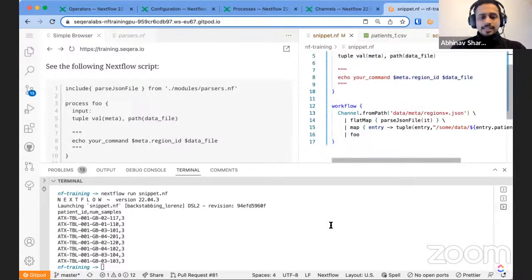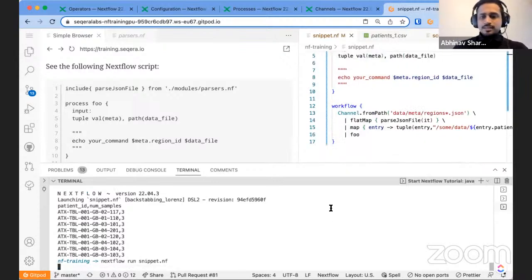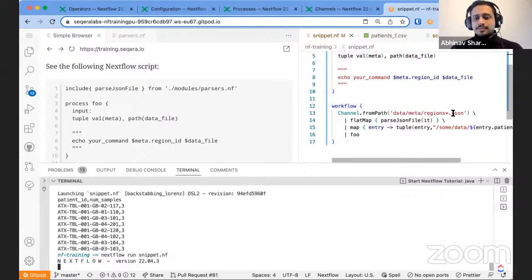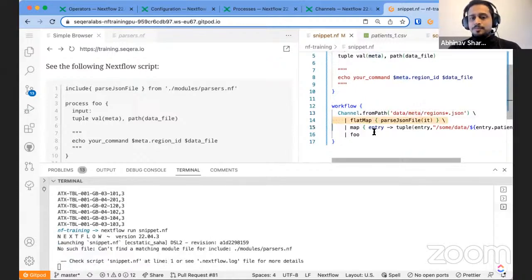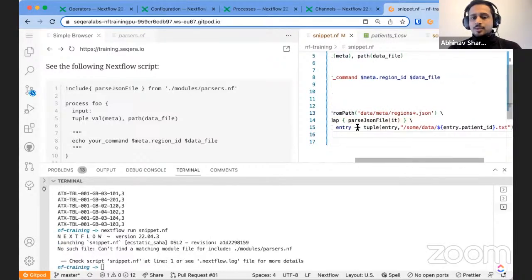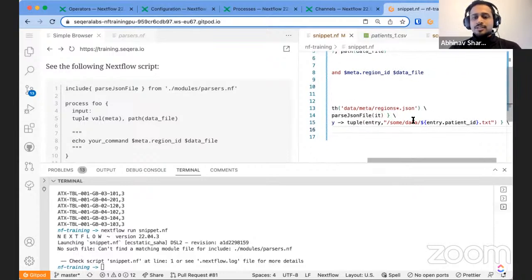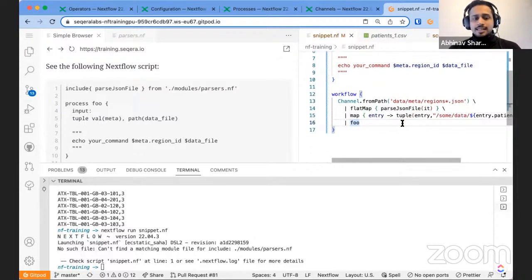Over here, we can run the snippet, and we will see that all of the JSON files within this data meta folder would be read and parsed. And then we will transform their structure into a different